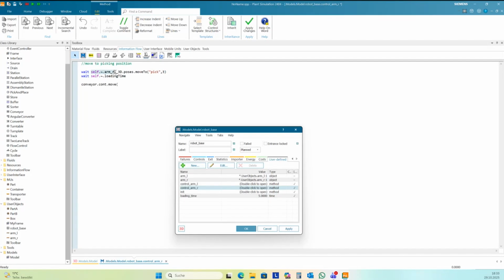And I move this to arm right. Then I move to home. This is my waiting position for my sequence number.